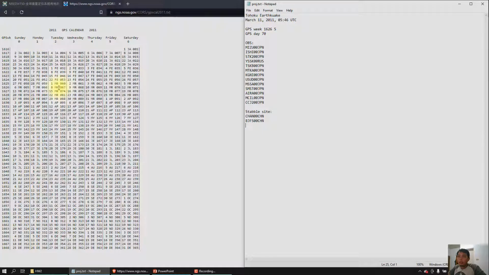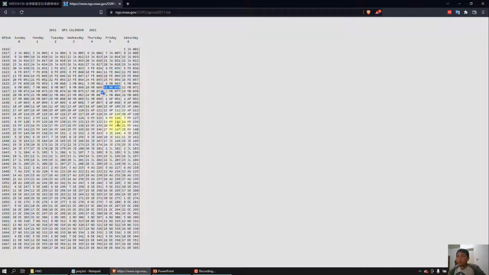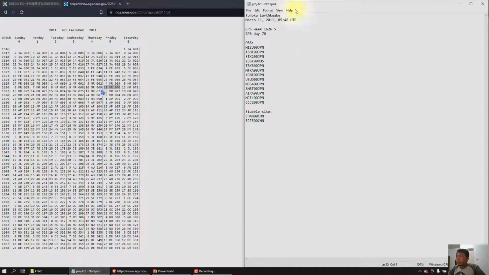MR means March, and 11 March should be about here. So when we put the GPS day, we use this sign, the day number of that year. So 11 March is number 70.